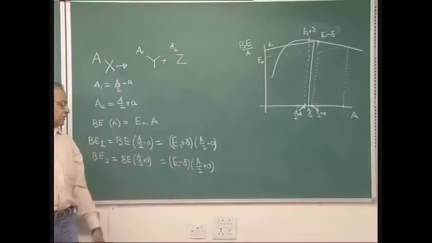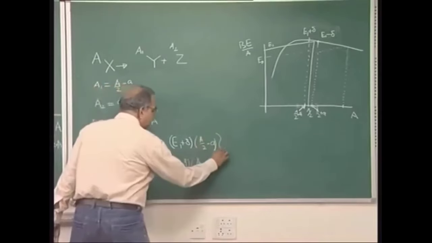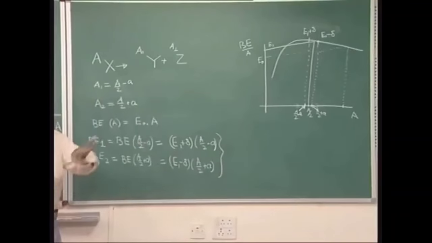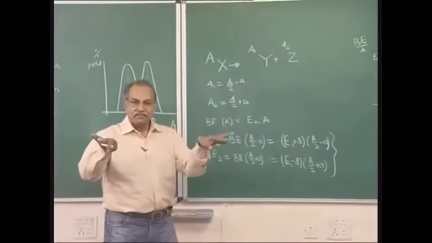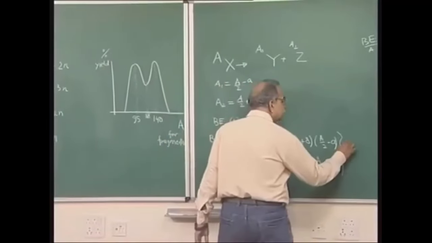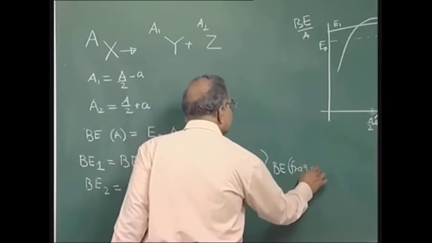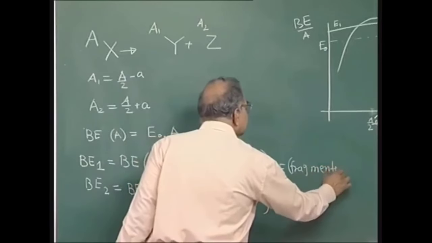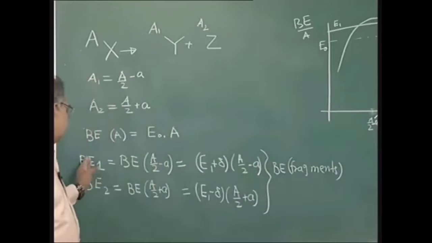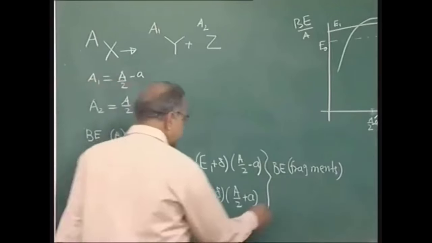So the total binding energy after the splitting is the binding energy of the fragments, BE1 plus BE2,